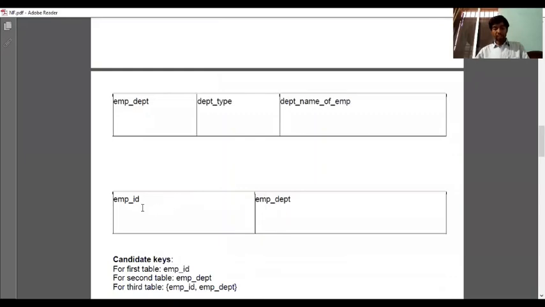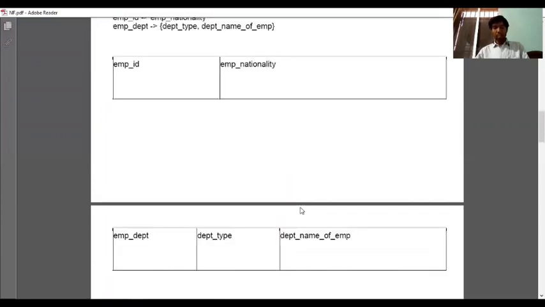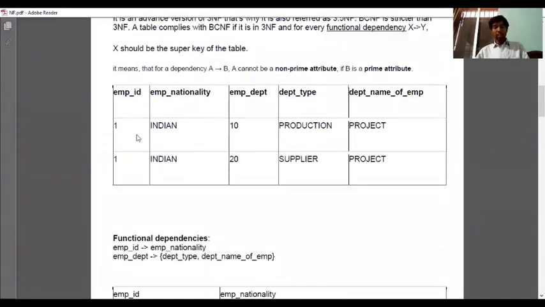And the third table, EMP ID and EMP department. In this table, we can see the record: employee ID 1, nationality Indian, and employee department 10, department type production, and department name of EMP is project. And the same person has EMP department 20 for the department type supplier, but the department name is also project.